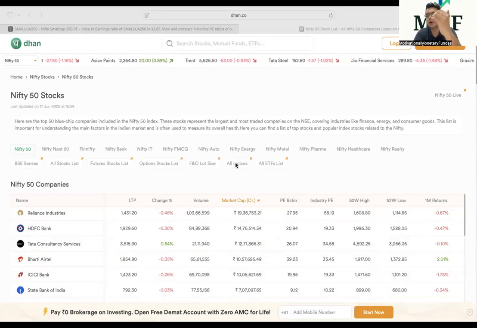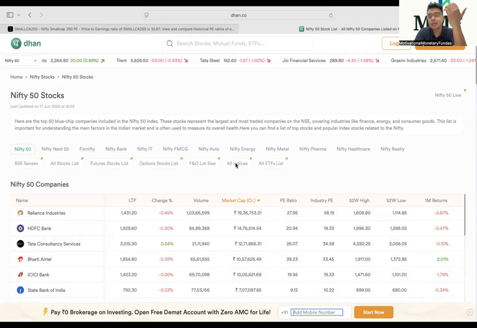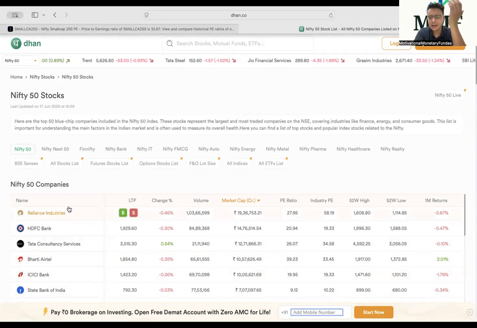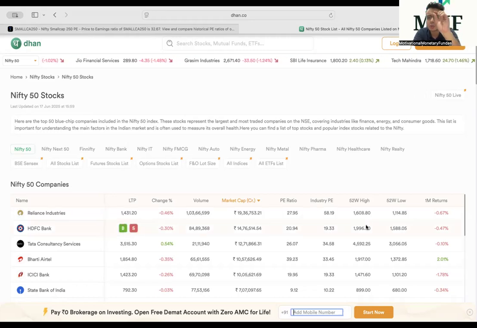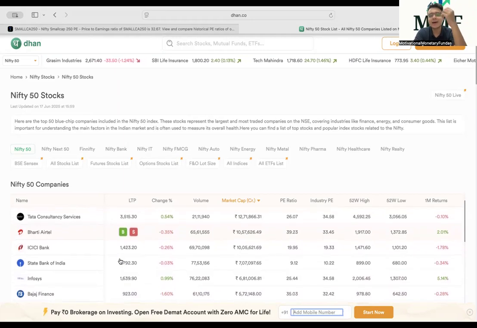I'm telling you based upon which company is asset light, which is asset intensive, which is from the BFSI space and so on. Reliance, these kinds of businesses are complicated to value. We tend to value them upon sum of the parts and all these kinds of things. EV to EBITDA comes in, price to book value comes in, price to earning also for some companies, but this is industries. In this, multiple subsidiaries come into place. So here I'm not trying to comment upon this company because the valuation is complex.